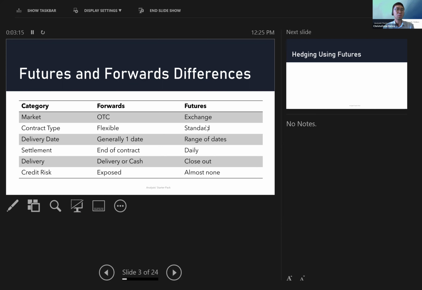People who are engaged in forward contracts are exposed to credit risk because there is no barrier, no organization, for example like an exchange, to prevent the counterparty risk. So if one of the parties is insolvent, then it will be a trouble for the contract. But for futures, because it is exchange traded, there is some margin required for the trading.